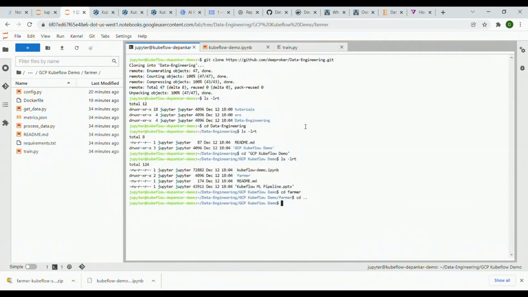I've already run this one, so I'll just take you through it. This is the location where I've maintained my code. You can see I git cloned this. It's a public repository, and I'll share it in the description. You can go and play around with the notebooks, and all the code is there. I go in here, get it cloned, go to that particular folder, GCP Kubeflow demo, and then you go inside this and open this